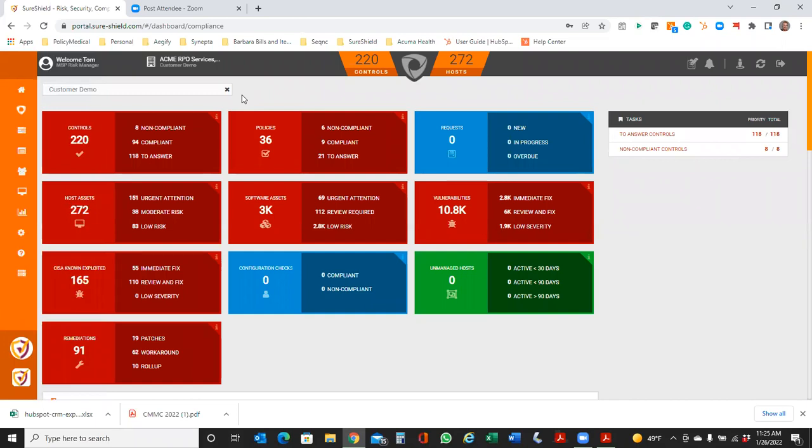So as you can see, even from the dashboard, when you come into it, everything is color coded in terms of really alerting you, making you aware of things that need to be addressed either right away, or things that you can basically address as you go along, or if you need to be worried at all or not. If everything is green, then there's no problems at all. But what Tom is also going to show you is some synergies that are there across all the harmonization that we have created across the different modules as well.